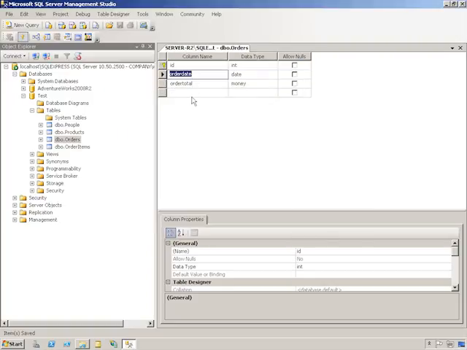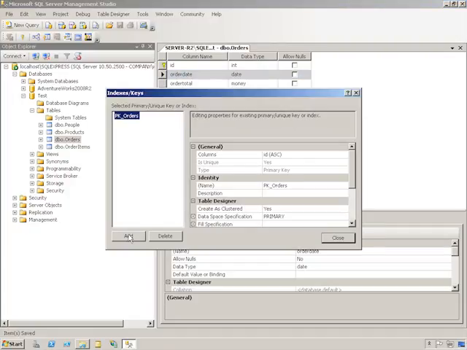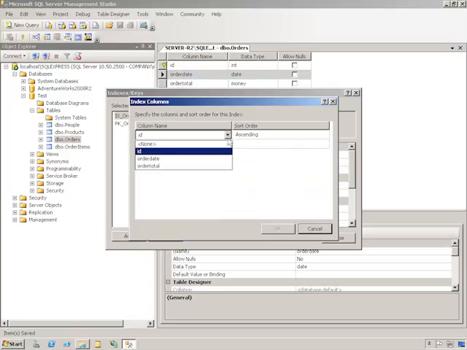I might also frequently need to sort orders by the date they were placed, or even look up all the orders placed on a certain date. I think I'm going to do that frequently enough that it will make sense to have an index on the order date. So we'll go back to Indexes, create a new index. This one will be called IX Orders. I'm going to create it on the order date